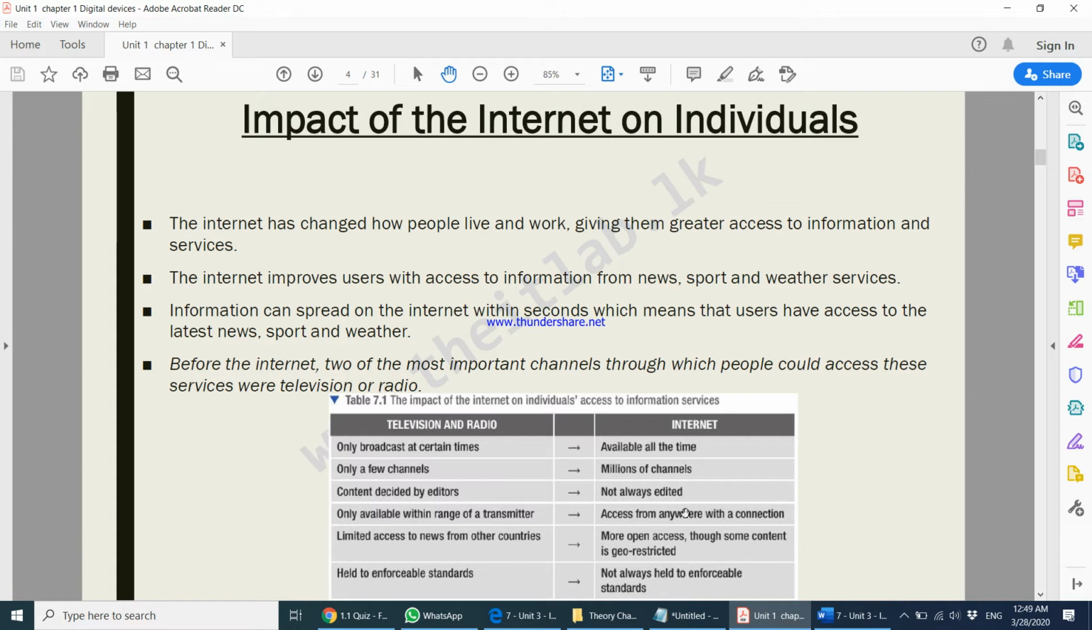But when it comes to the internet, since everyone is free to say whatever they want, you can always find a lot of false information, a lot of inaccurate information, and a lot of biased information. So this is one of the advantages of using television or radio for getting information. But all the other points are advantages of using the internet to gain information. It's available all the time, unlimited number of channels, the information is not edited,